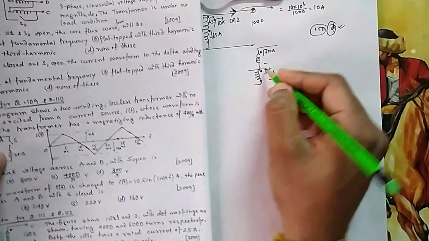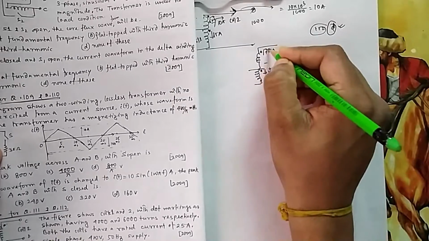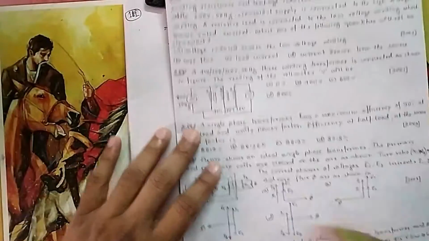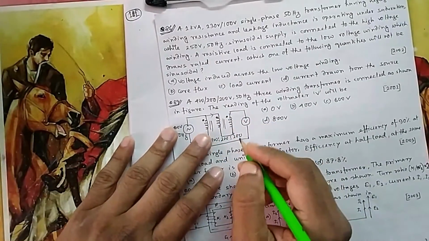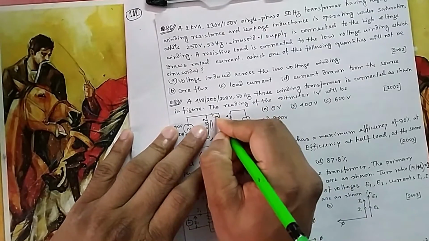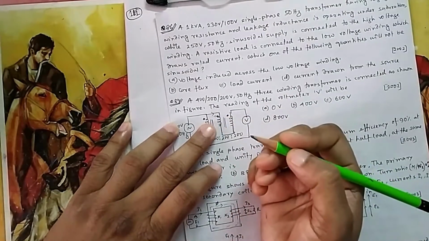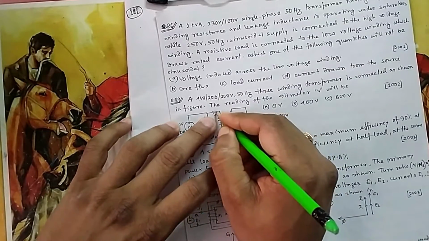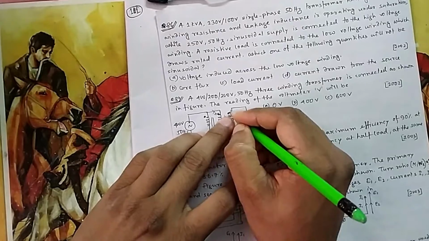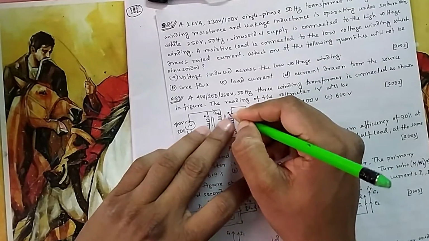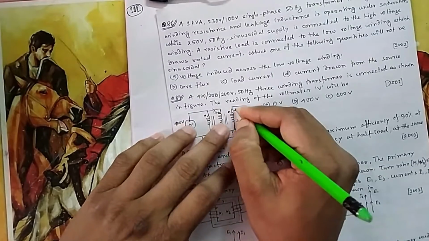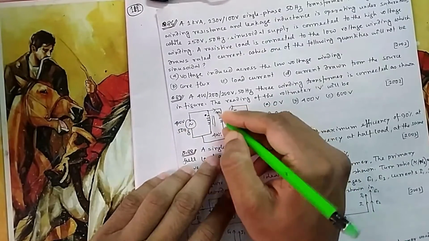In transformer action, if current is entering one dot, another dot current should come out, and both the dot terminals are positive, you can see. In any case the dot terminals become positive, but here it is the same current that is flowing. So the same current concept will not come. In the same current case, it is now a mutually coupled inductor concept. If current is entering one dot, that is plus. If the same current is coming out of a dot, that becomes negative. If the entering is positive, then outgoing becomes negative. It is for a coupled inductor, with the same current.